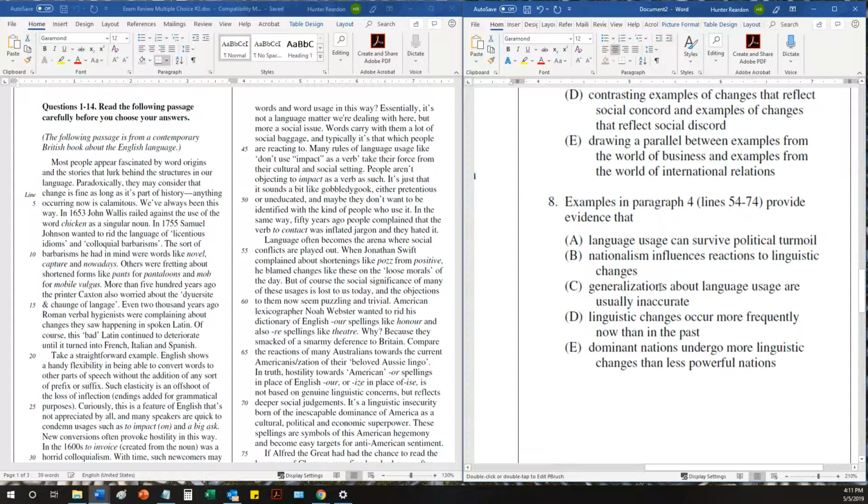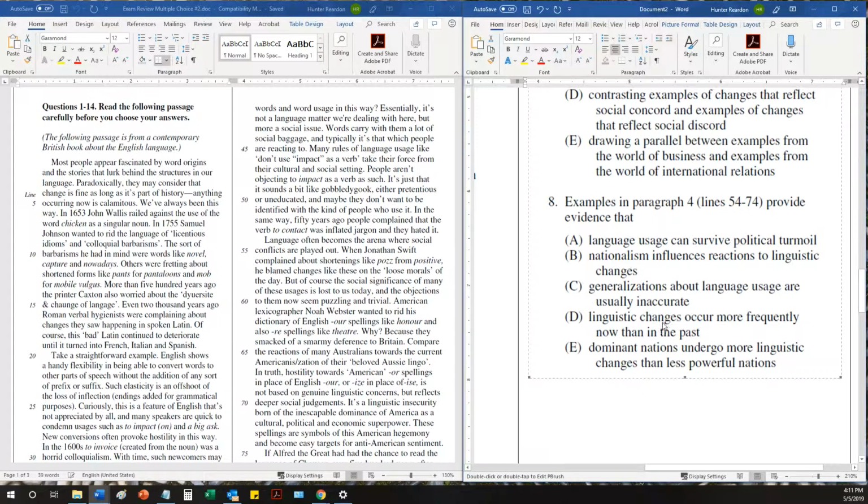A is wrong because the author implicitly argues the opposite. Language changes are often the result of political discord. C could be a red herring answer because it's unlikely there's any relationship between pause and loose morals, but the author's not trying to argue the extent to which such generalizations are valid, so that does not really make sense. D is contradicted by nearly every example in the passage because linguistic changes have always been happening despite attempts to